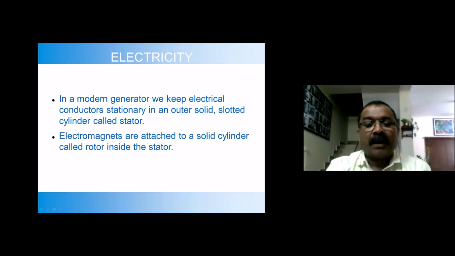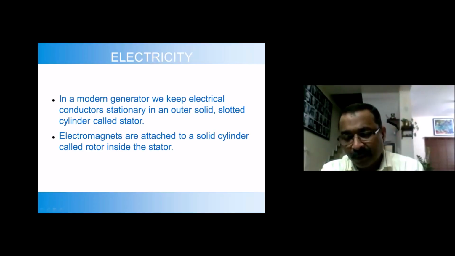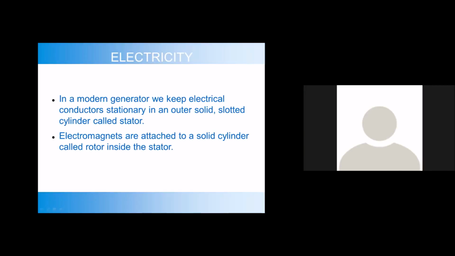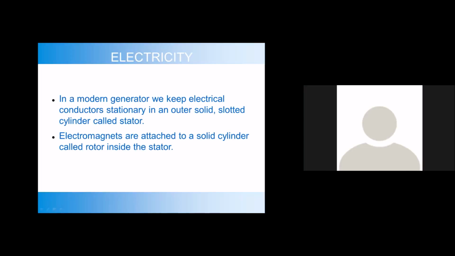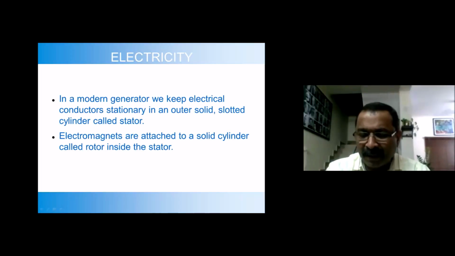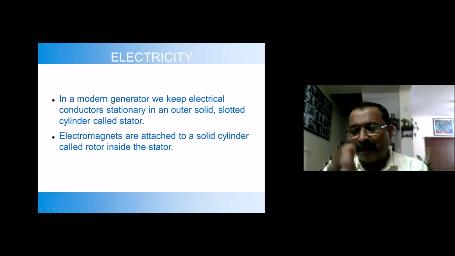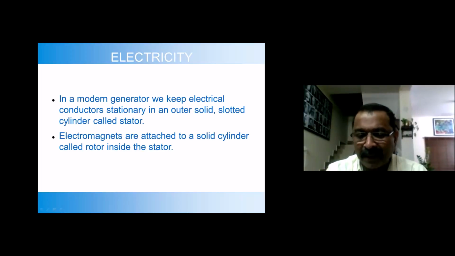One way is to keep the magnet stationary and move the conductor. The other is exactly the opposite: you can keep the conductor stationary and move the magnet. Or there is another way in between: if we move the magnet and conductor at different speeds, again there will be a relative motion.